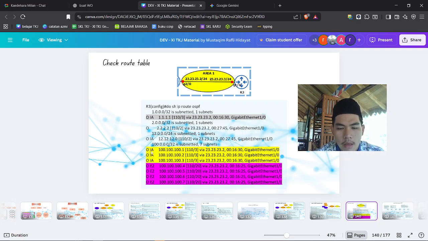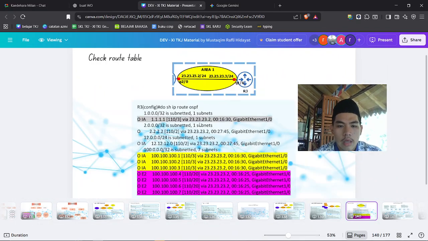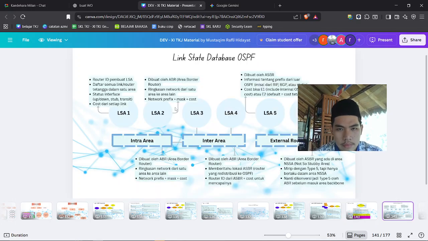Here it is a little bit the same, because this is from OSPF also. And what is the meaning of O E2? This means this IP address is from redistribution, or from a different routing protocol, if you check on the router with show ip route.